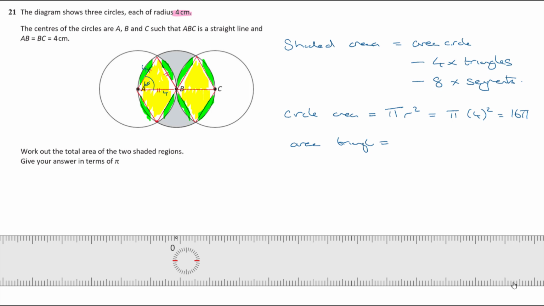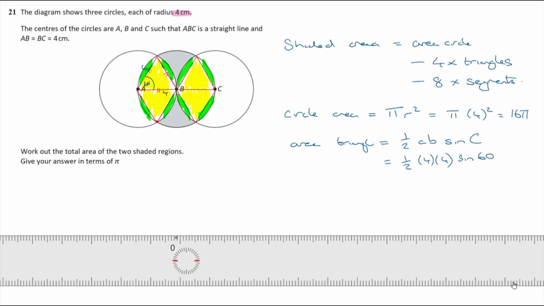So I could use the trig formula for area to work out the area of that triangle. Do you remember what it is? It's half AB sine C, isn't it? Okay. So what's that then? So that's going to be a half. A and B are just the radius, isn't it? So it's half 4, 4, and then sine